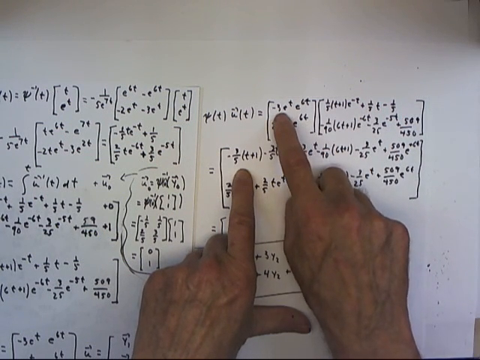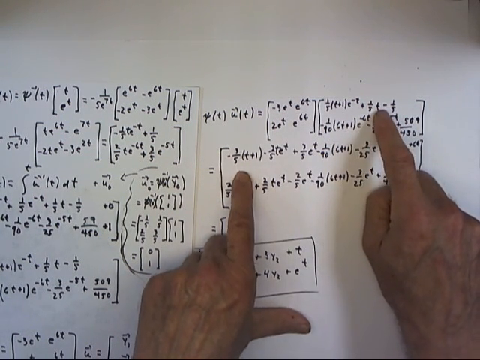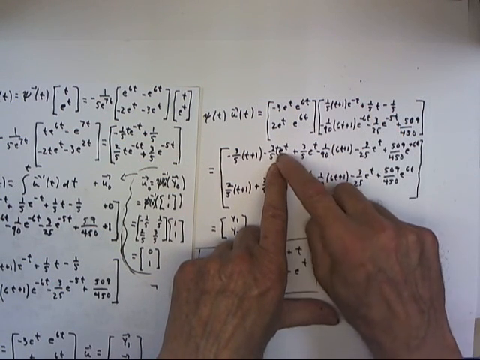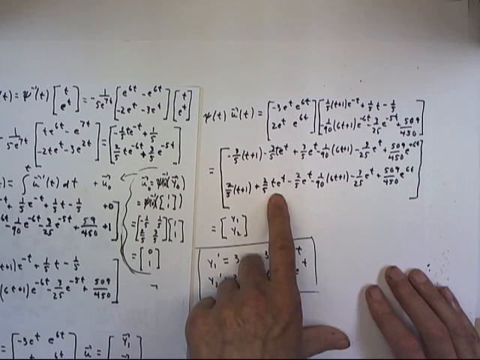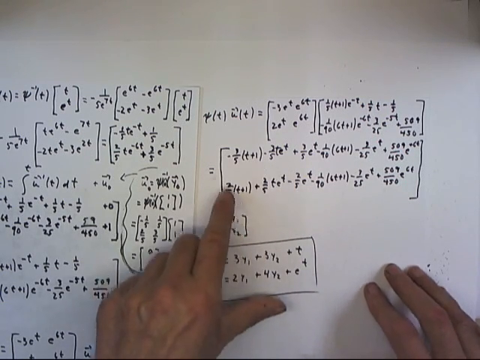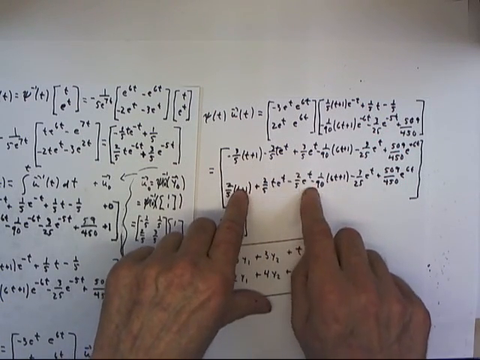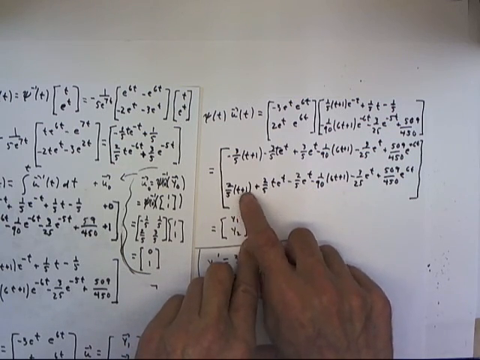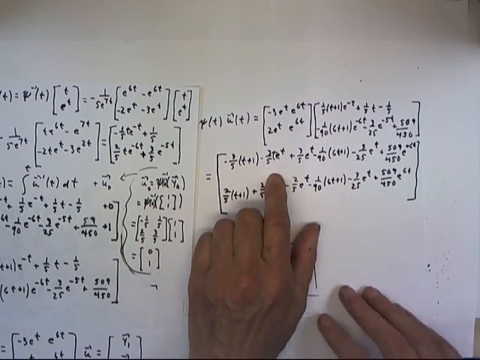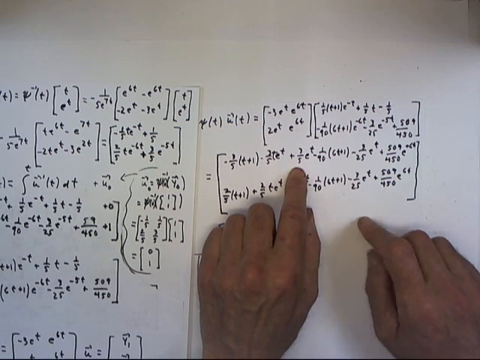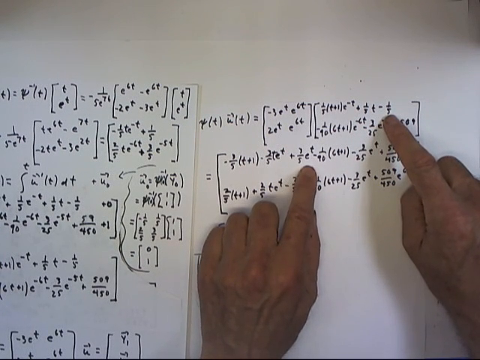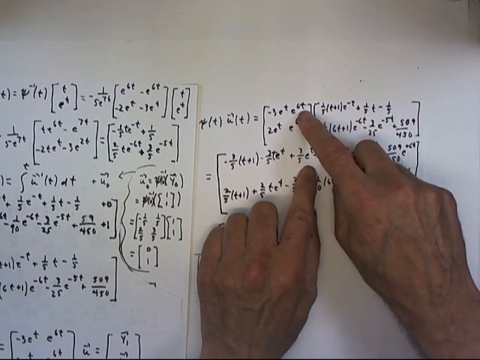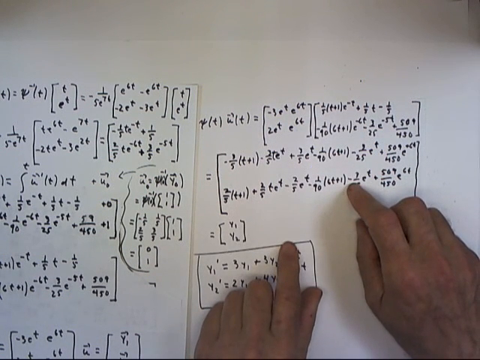Then negative 3e to the t times 1/5 t is negative 3/5 t e to the t. Not written very well there. We can see a t e to the t down here. And it turns out that these solutions, well, we'll see in a minute. Okay, and then negative 3e to the t times negative 1/5 is 3/5 e to the t. Multiplying by e to the 6t,